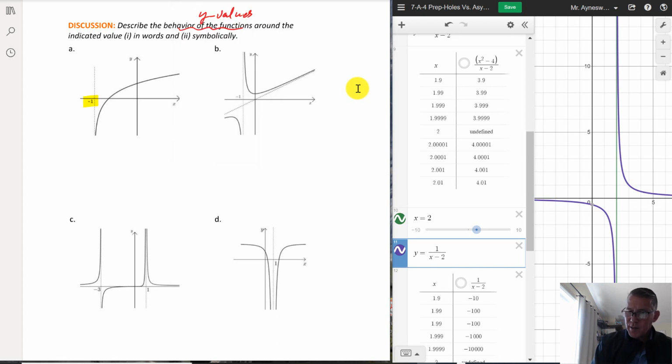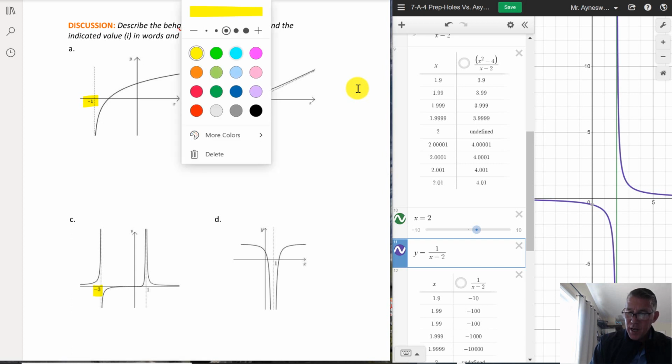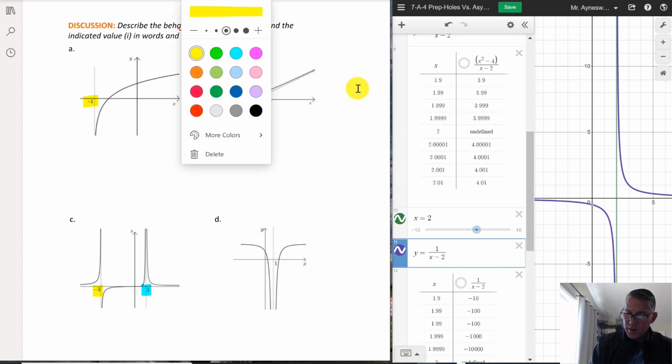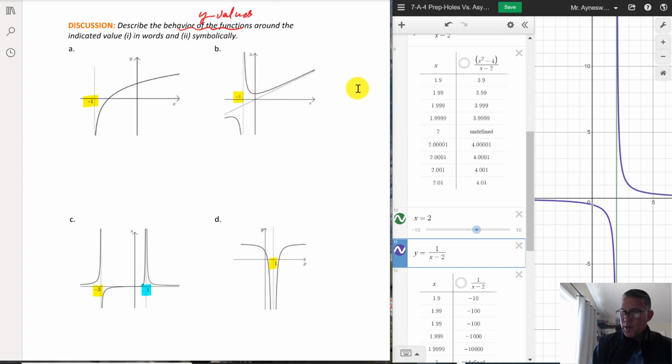On the second one, same thing. What happens when you approach -1? On the third one, we want to figure out what happens at -3, but we also want to figure out what happens when you approach 1, because this one has 2 vertical asymptotes. And then on this fourth one here, what happens when you approach 1? So let's handle it one at a time. So on this one here,